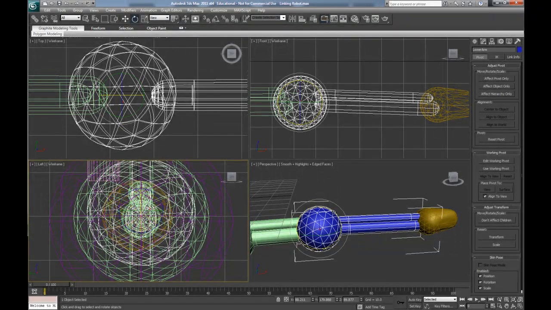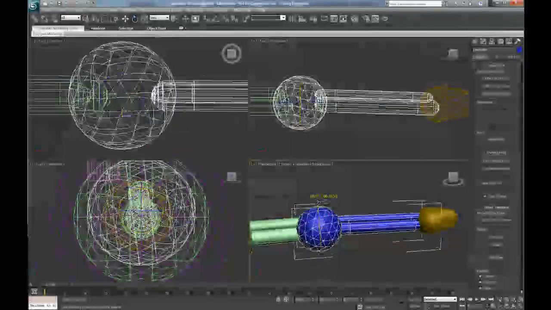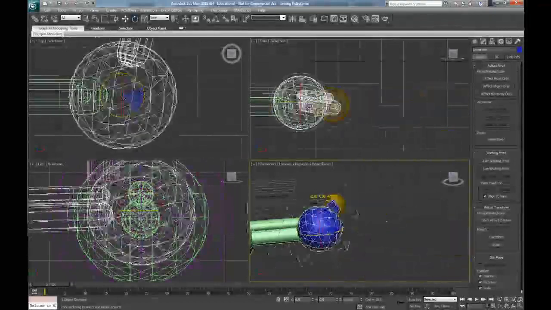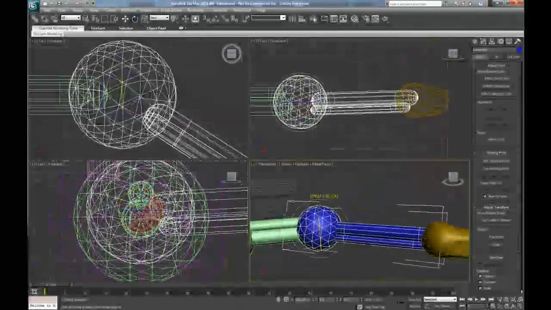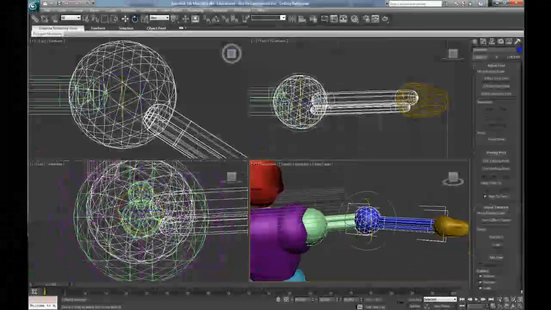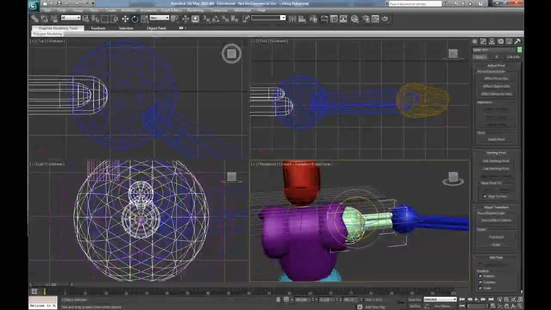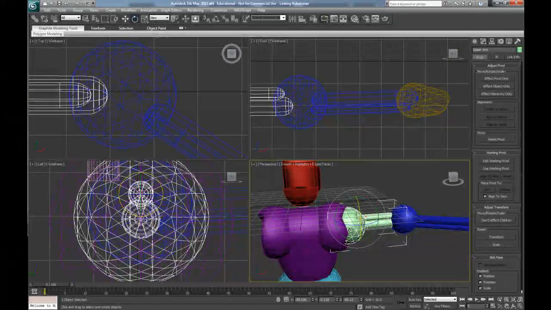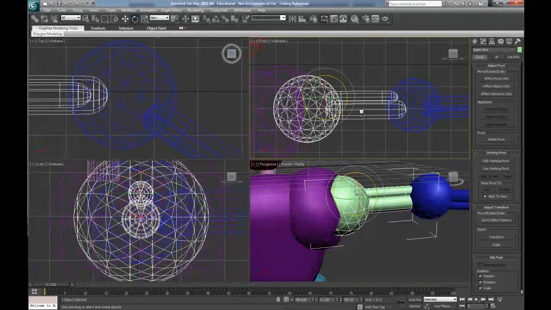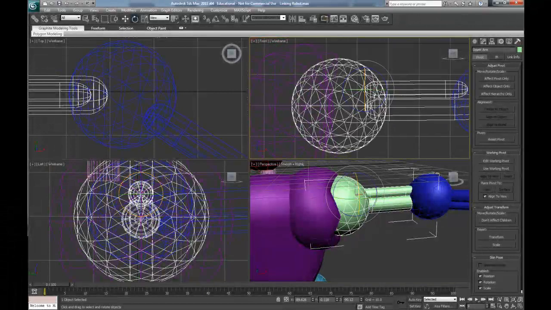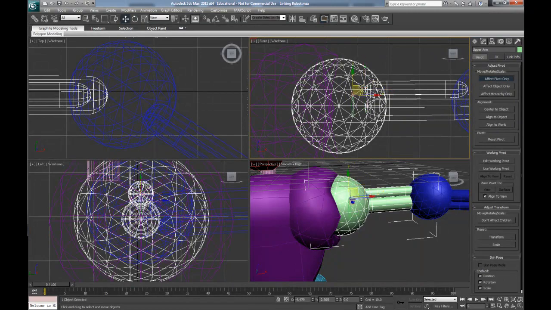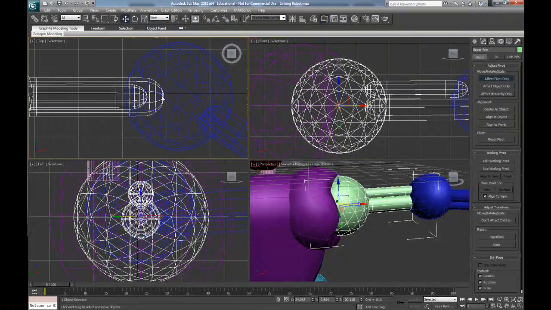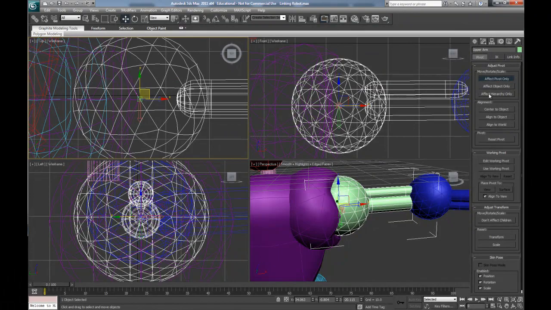Now what you'll notice is if I go back and rotate that object, it actually spins and rotates on this ball joint, which looks a lot more practical. That's what it was made for. So your next step should be to go through each part of your robot and determine where these pivot points are located. And again, I'm looking here. The pivot point is on the edge over here, not on the center of this object. And I did this on purpose. So again, go into affect pivot only and slide that over to the center of the geosphere that represents the center point of that ball joint,